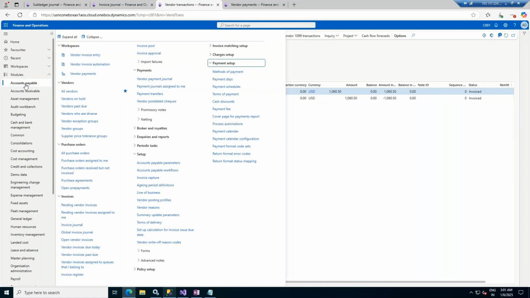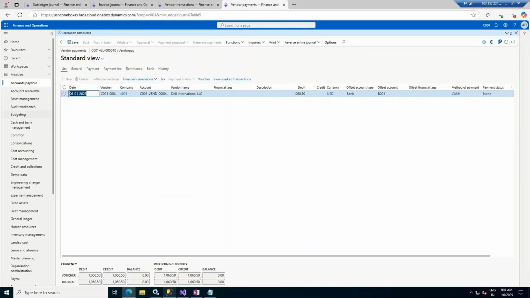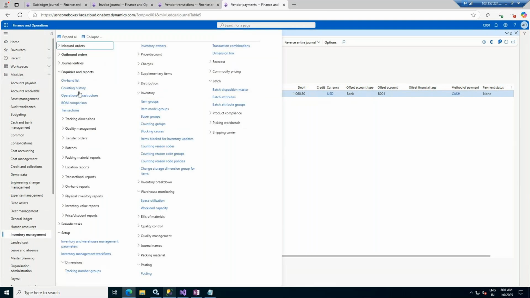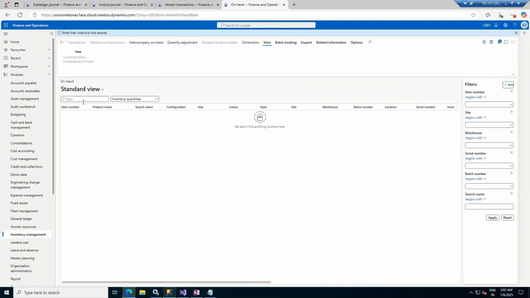Now what I will do, I will take 15 more minutes of yours and then I will rewind the session. So I will go to the account receivable and will create a customer, because whatever you have purchased. Okay, so where is my purchase? You can now check the inventory management, and against the inventory management you can come on the on hand list, and on the on hand list you will find out that okay, there is an item,